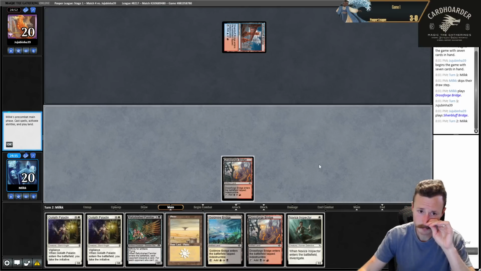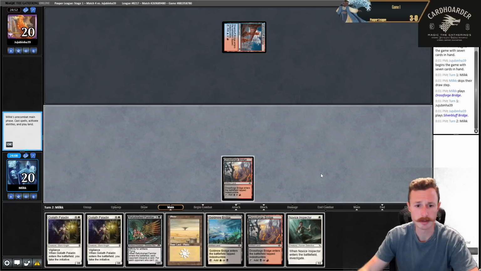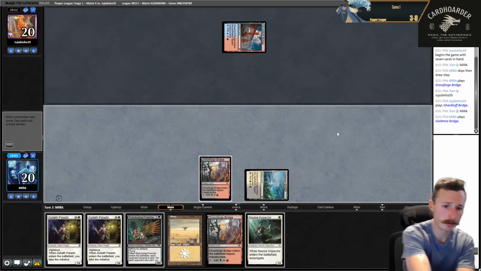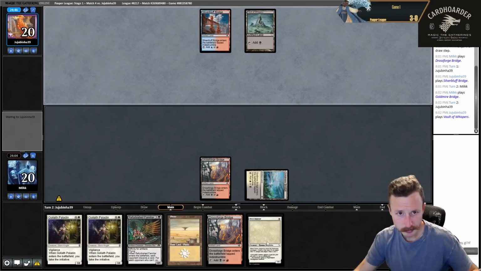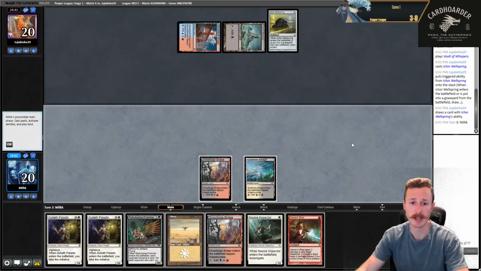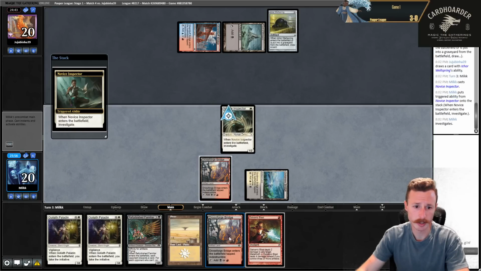All right. Drawing no Plains, Novice Inspector, or Goldmire Bridge, pass. I think Goldmire Bridge, pass. I don't need to get the Inspector down right now. What's a good draw though? Looks like we're against Affinity. We have such good hate post board for Affinity. Now I can go Inspector, Bridge,